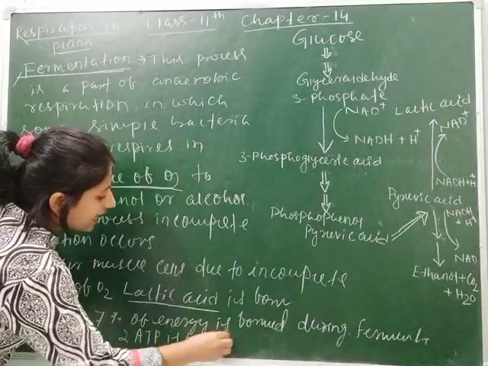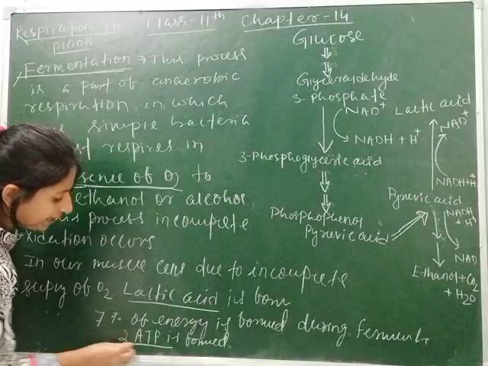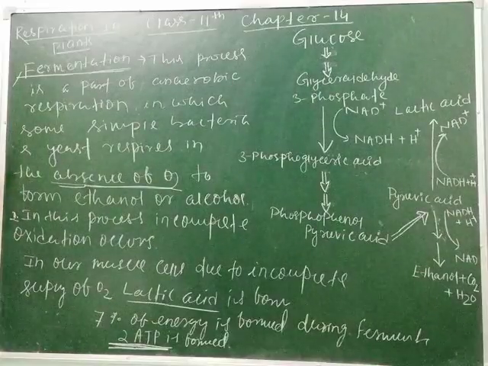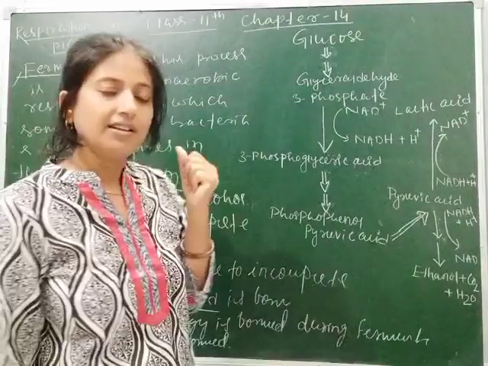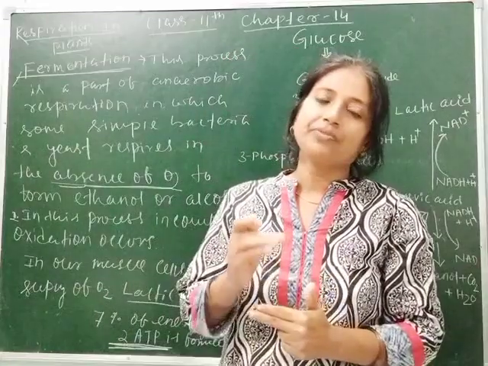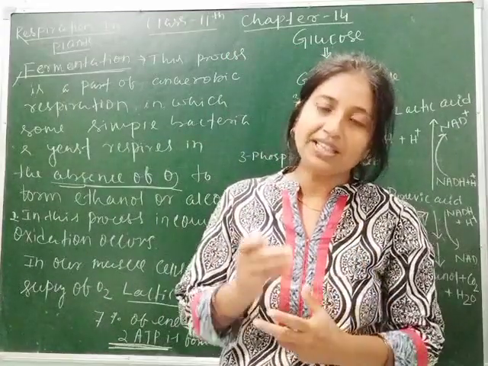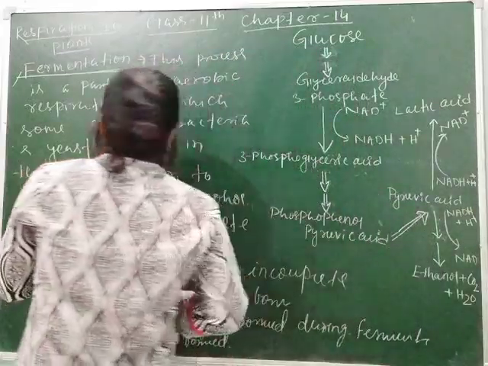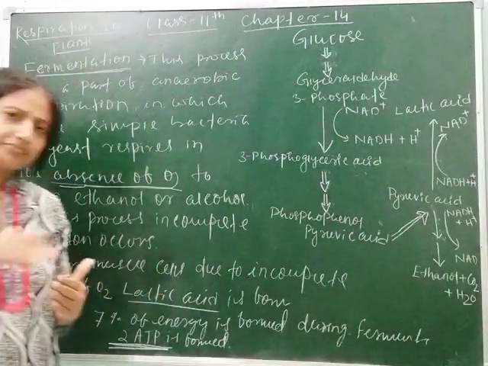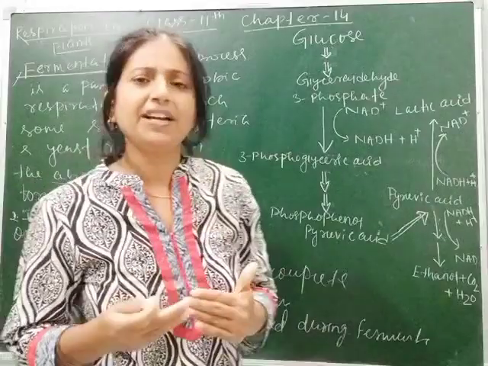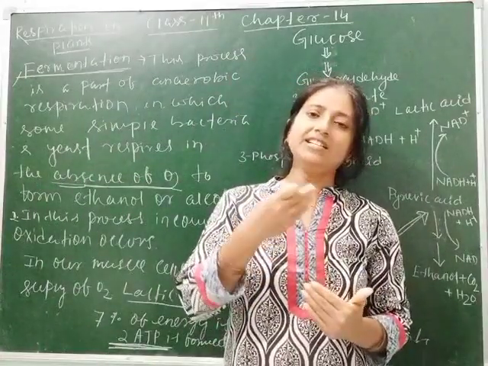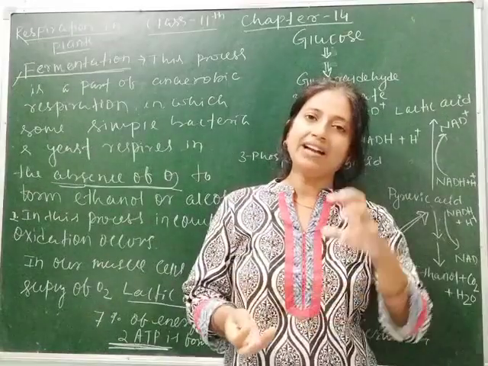It means during anaerobic respiration 2 ATP is formed. Clear, students? And you know about this. When the alcohol concentration reaches about 13% in the yeast, then it will produce ethanol along with releasing of carbon dioxide. It means during fermentation, yeast respires in the absence of oxygen, and during respiration it releases carbon dioxide, and rest